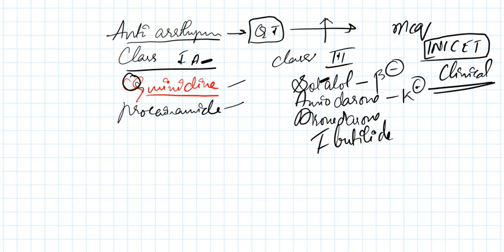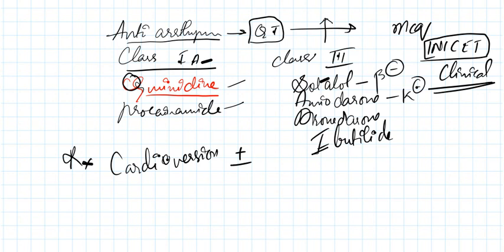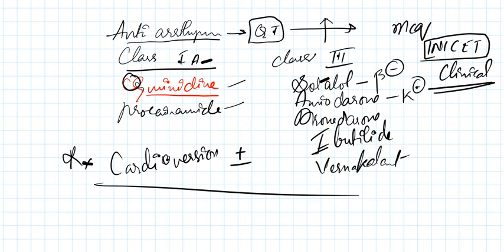You remember this drug, ibutilide. I think somewhere we studied about ibutilide, right? We studied about the treatment of cardioversion with or without ibutilide. Just comment down in the comment section for what condition this is the treatment, right? Cardioversion with or without ibutilide, okay? And one more drug is vernakalant. So these are the drugs which cause QT prolongation. You just study it as clearly as possible. It's a potential MCQ, right?